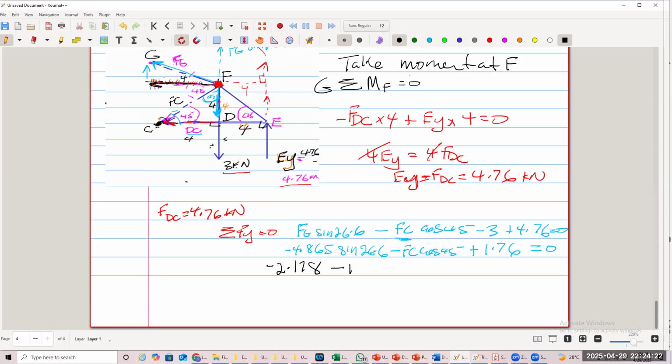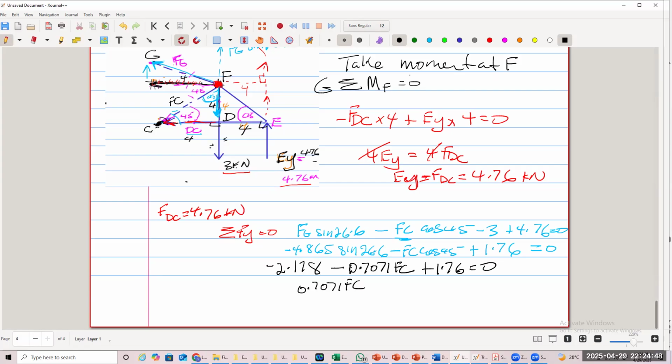Minus F. This is going to be 0.7071 FC plus 1.76 equals 0. So our FC is equal to... let's just quickly work this one out. We're going to take FC over to one side. So it's going to be